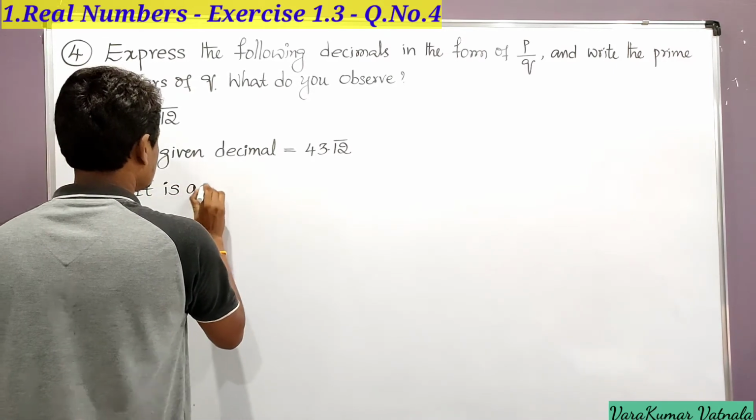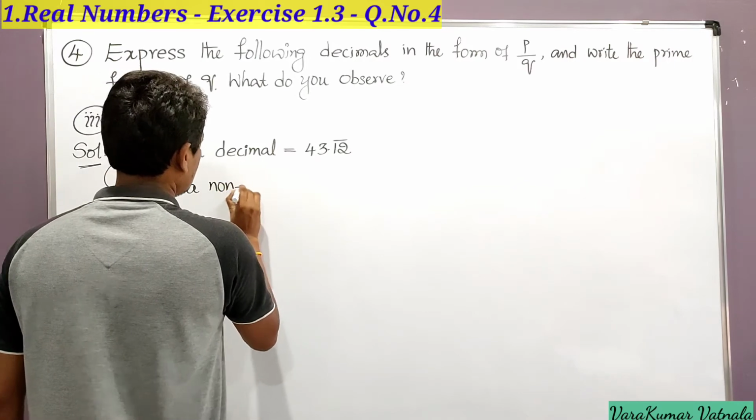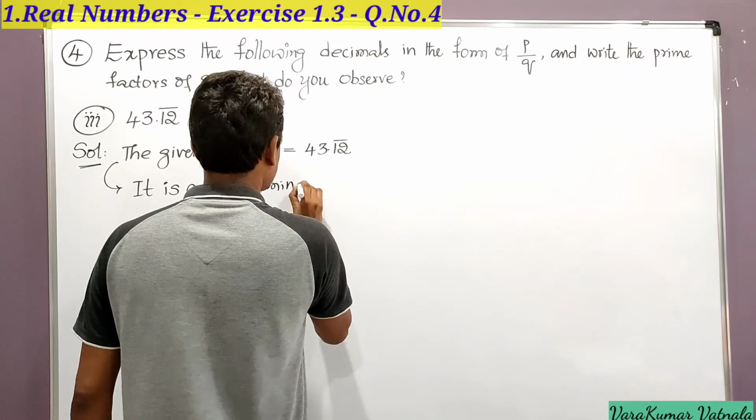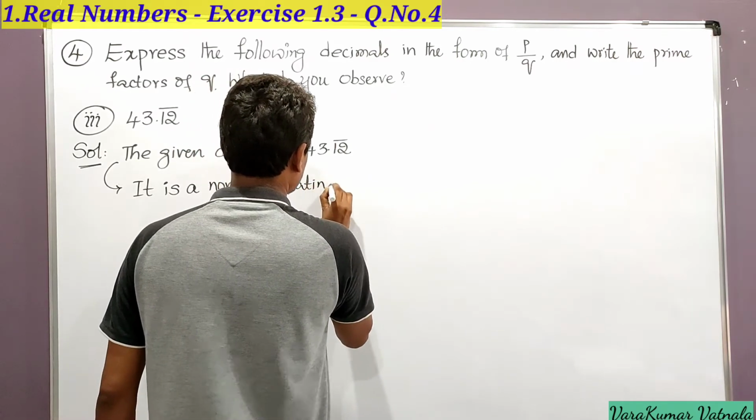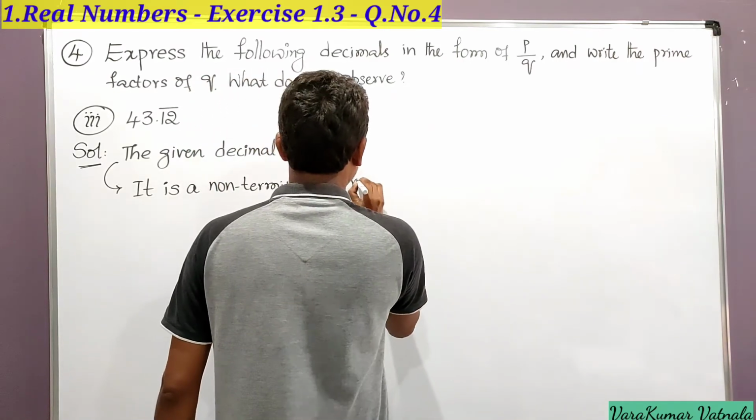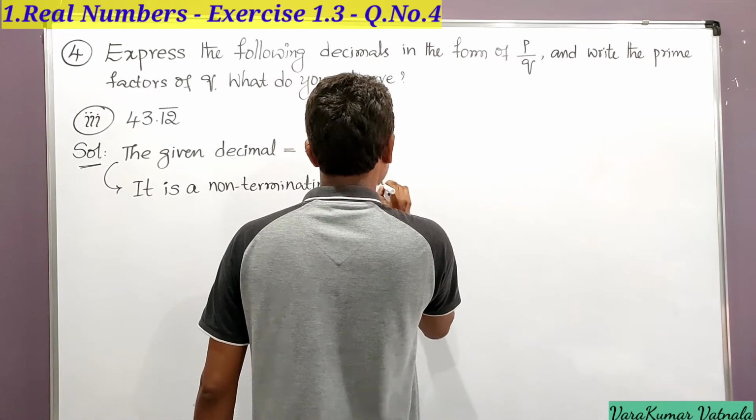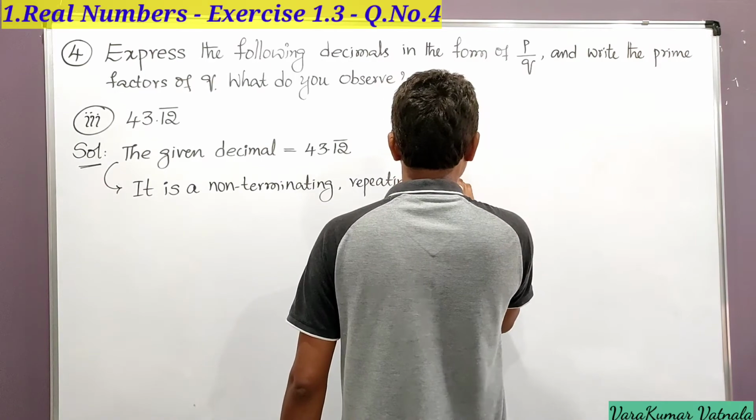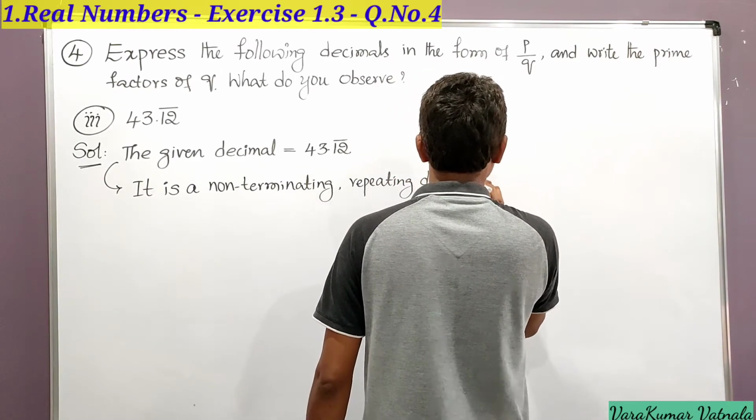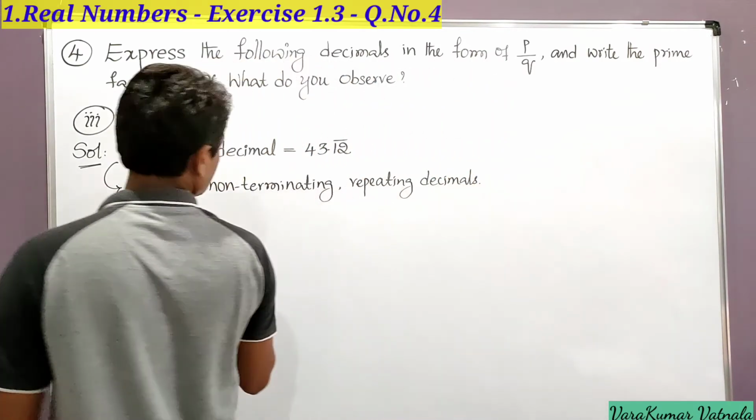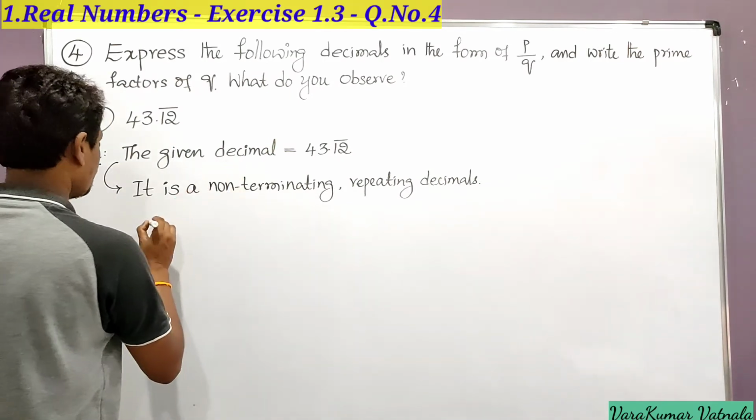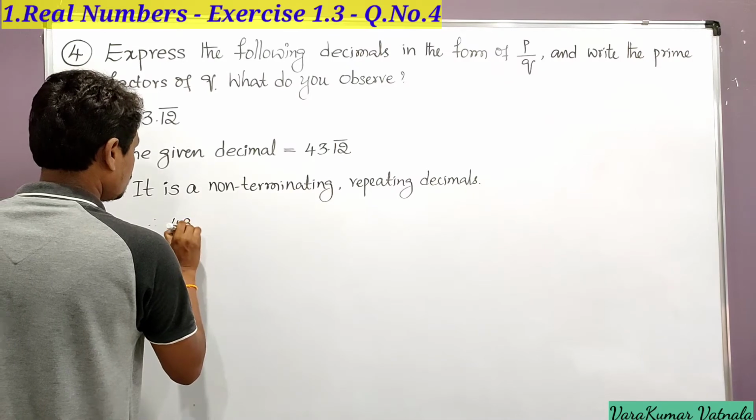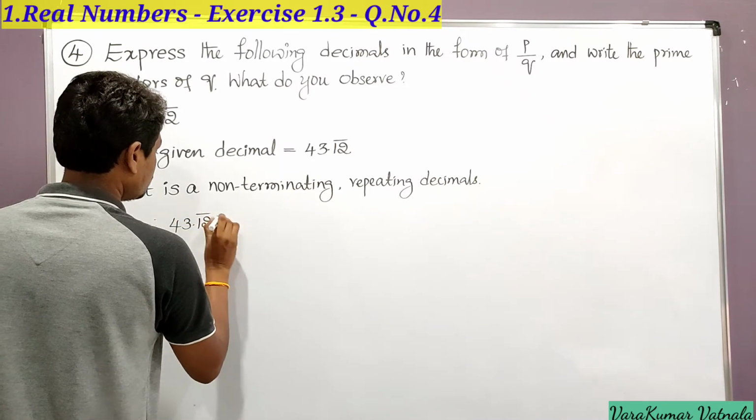So non-terminating repeating decimals are also rational numbers. These can be converted into p by q form. Therefore, 43.12 bar is equal to...